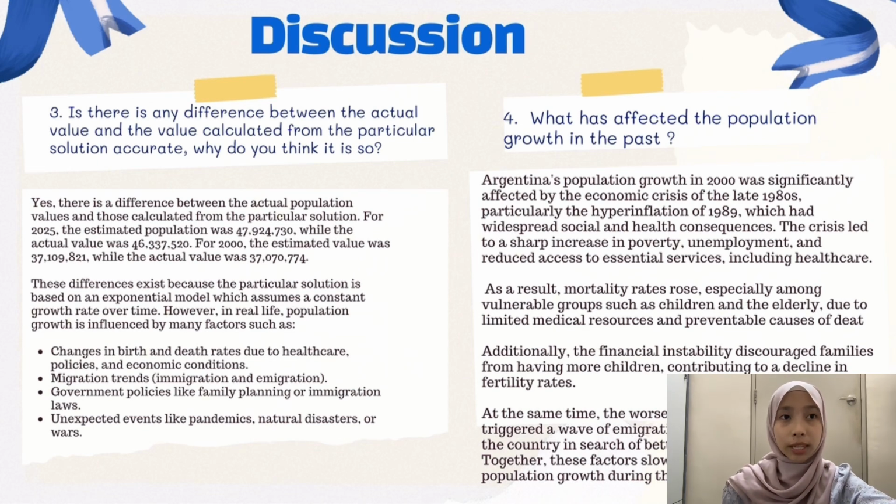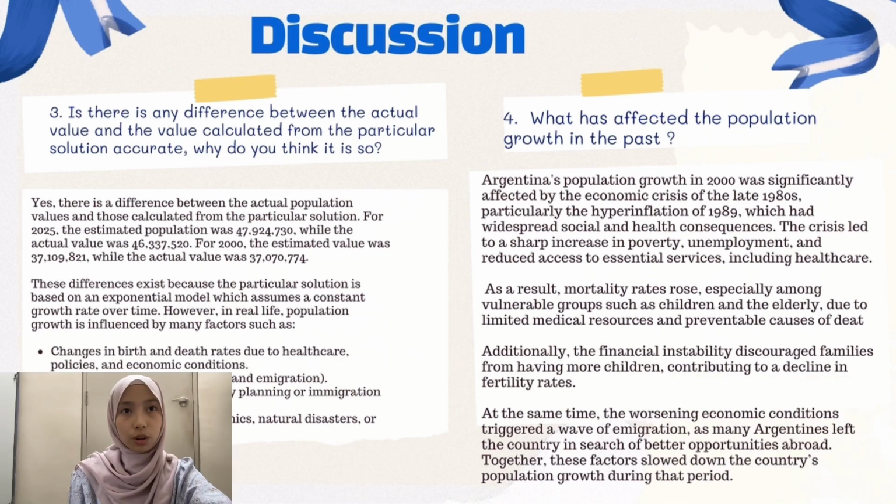This may exist because the particular solution follows an exponential model, which assumes a constant growth rate over time. However, real-life factors could also influence population growth, such as changes in birth and death rates, migration trends, government policies, or unexpected events. To answer question number 4, the population growth in the past was significantly affected by the